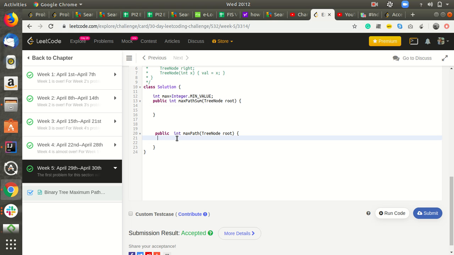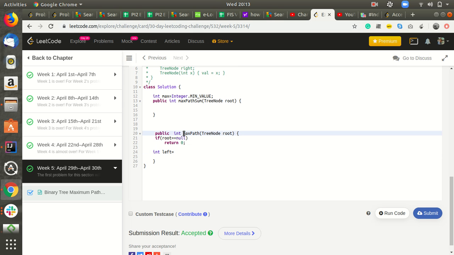So I have declared left, which will call the max path function. The initial condition is, if root is null, then we will return 0. So this is the base condition. Then we'll check left and right.